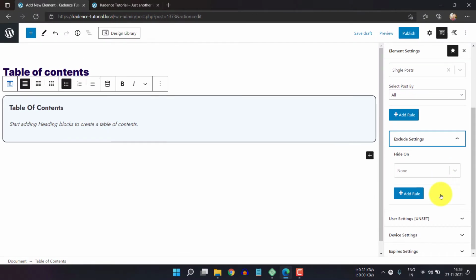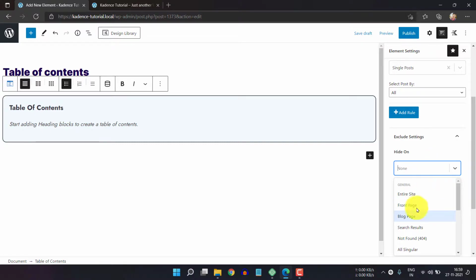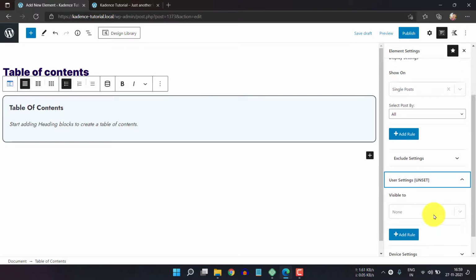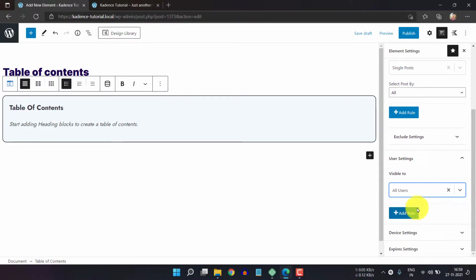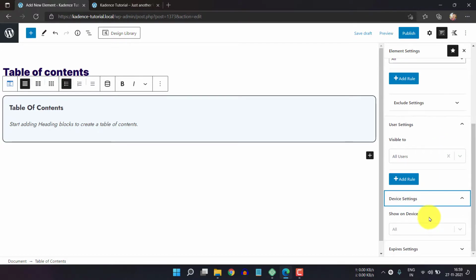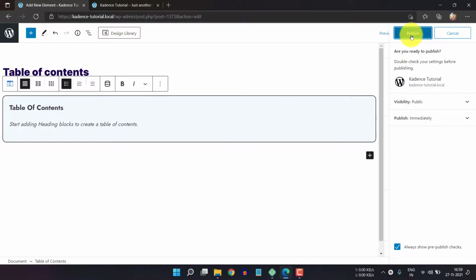Let me click on it, and here you can set an exclude rule, like excluding certain archive pages or certain category pages. Let's skip this. Now click on user setting, and here you can set it visible to all users. In the device setting you can leave this on all. Now let's publish this.